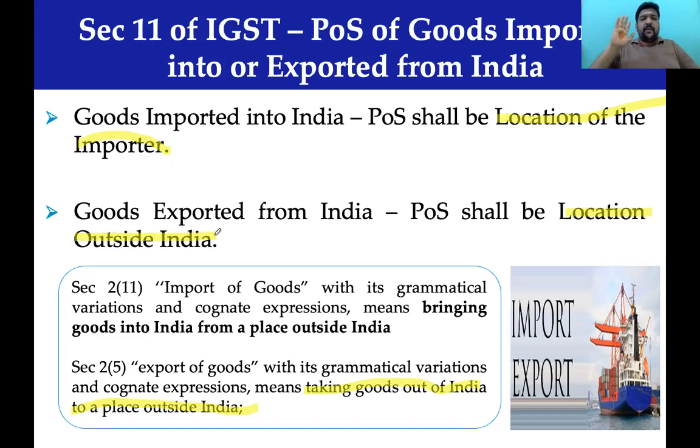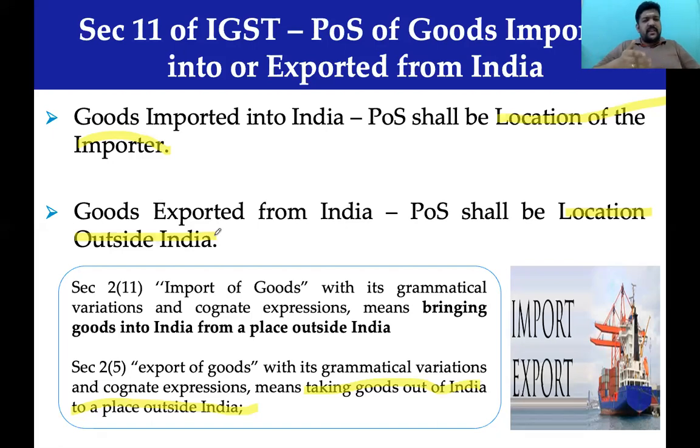Then where is the charm of place of supply? Can somebody highlight to me? Can we appreciate this discussion? First of all, this is a little elevated discussion. Maybe at a final level only we can discuss. At an earlier level, though this topic is available, we will not discuss much about it. Come back here. The core discussion is this. Location of supplier and place of supply is a trigger factor to decide the nature of supply. When it comes to import of goods, always it is interstate supply. That is how we understood.